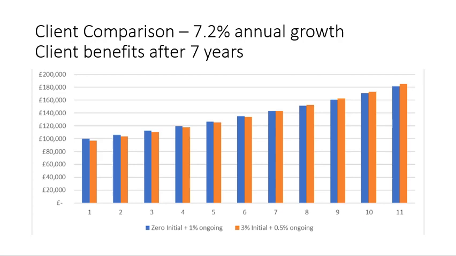Right at the very outset, your £100,000 gets a lead on the initial charge because that would reduce to 97 almost immediately. Although they're both growing by year 2 and year 3, the blue, 0 initial, is taking a lead until they reach the point of 7 years. At 7 years, there starts to be a favour on the ongoing charge being lower. That ongoing charge means there's less money coming off the investments and starts to offset the initial as it progresses towards 11 years.